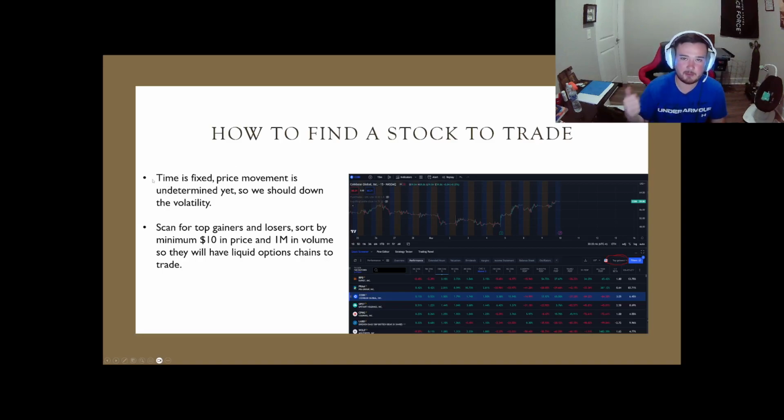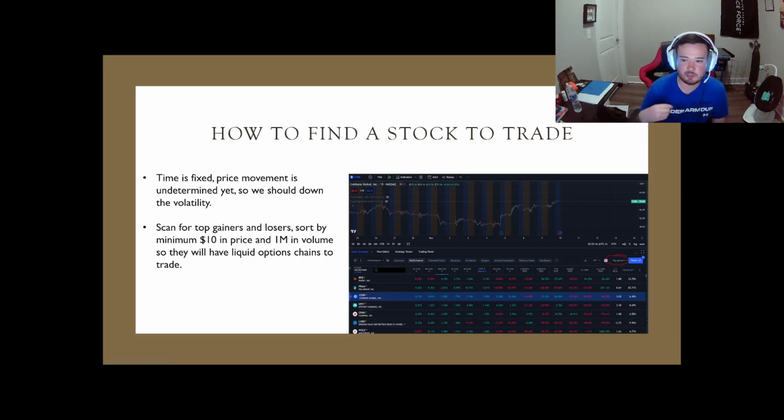The time of your options that you're getting into is fixed. The price movement is undetermined yet. So all we're doing is narrowing down the volatility by looking for top gainers and top losers. We're going to sort by the 15-minute change percentage, and this is going to give you some good stocks to trade. So I actually did this today on May 9th, and one of the biggest top gainers I saw was